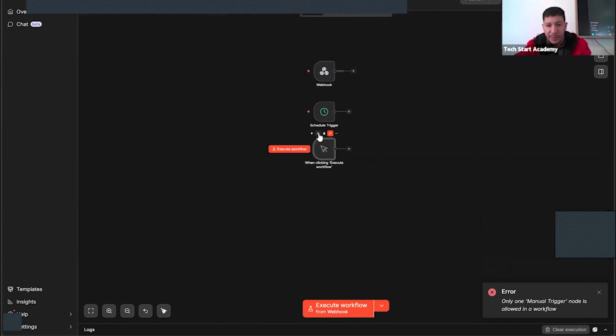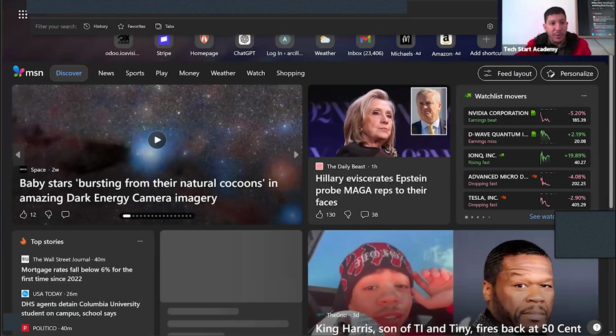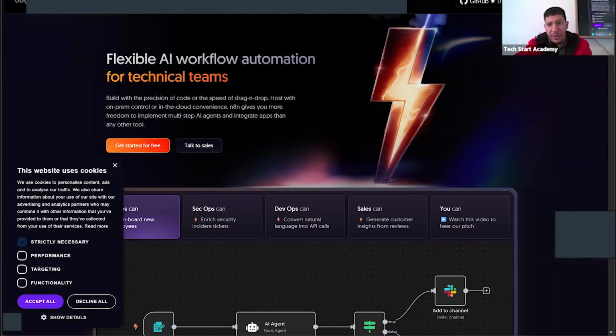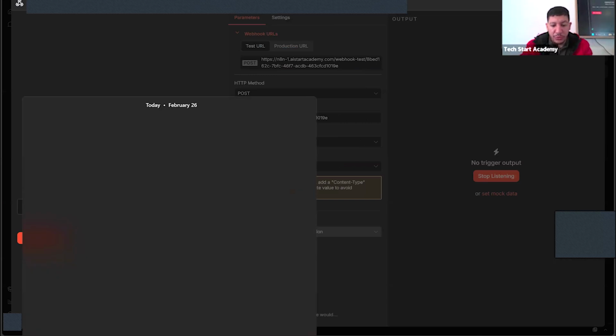Let's deactivate this one. Let the webhook. When you execute your workflow, your webhook is already waiting for something to happen. To execute this webhook, let's call this node, or let's do a POST for this node. If you do it here, nothing probably will happen. But if you go to